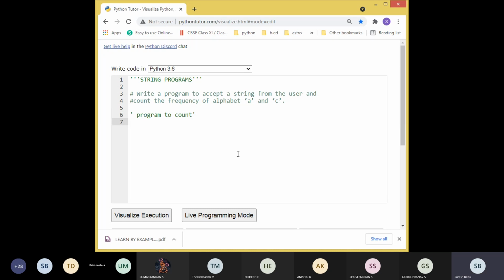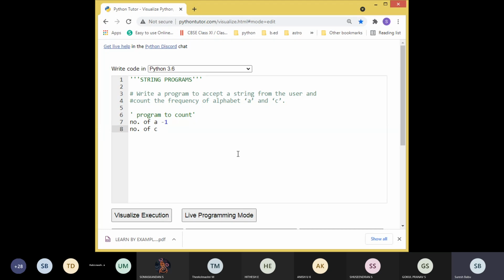So your output will be number of A: how many times A appears? You can see in the entire string only one time. And the number of C, if you count, that will also be 1.